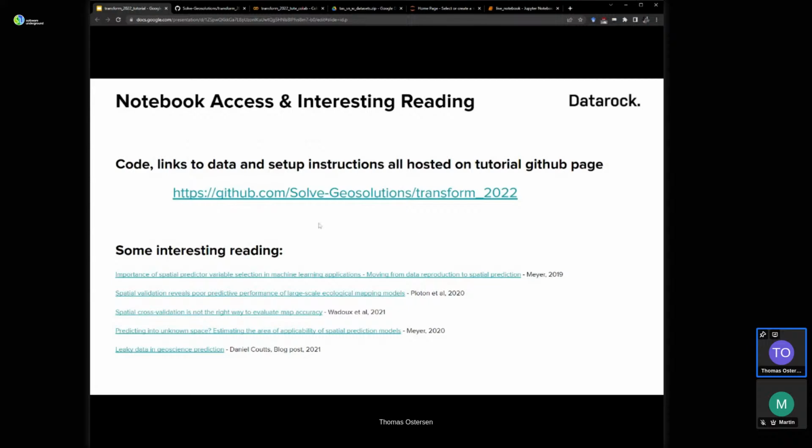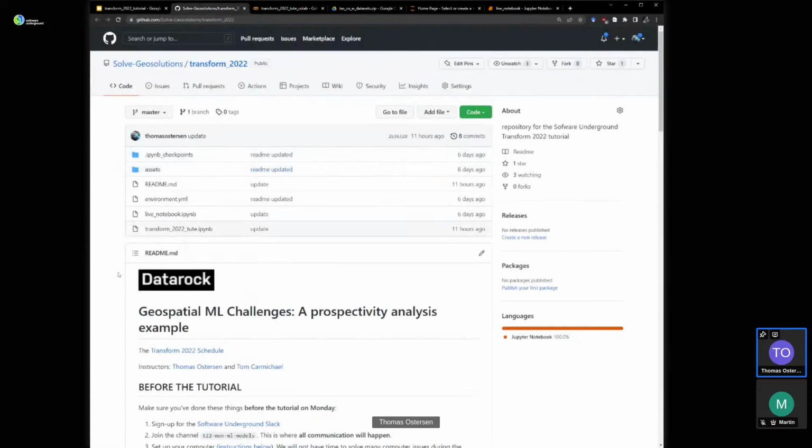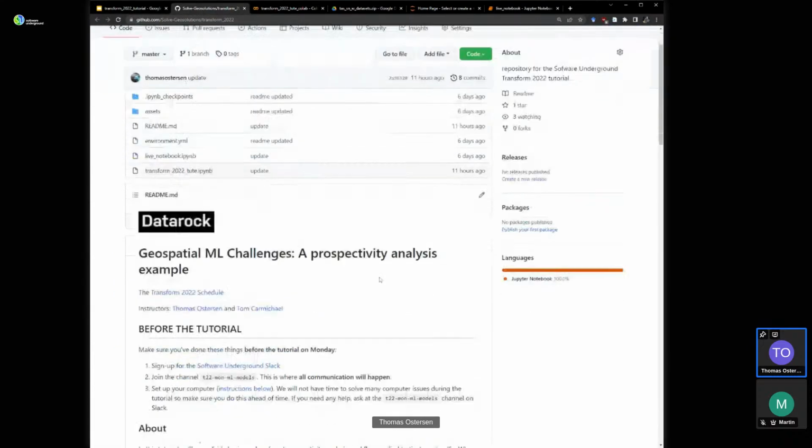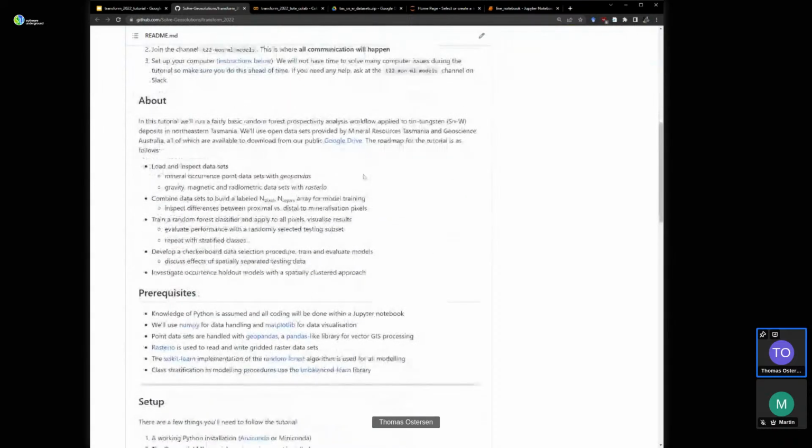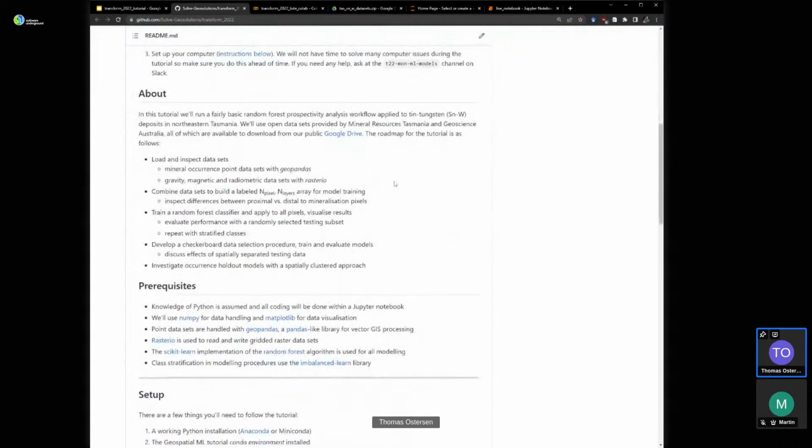That's the link there. I've also included some interesting and relevant reading. I'll save this presentation as a PDF and include it in the GitHub after the talk. This is what the GitHub page looks like. I've got instructions to get set up. You can download the data from a Google Drive link here.